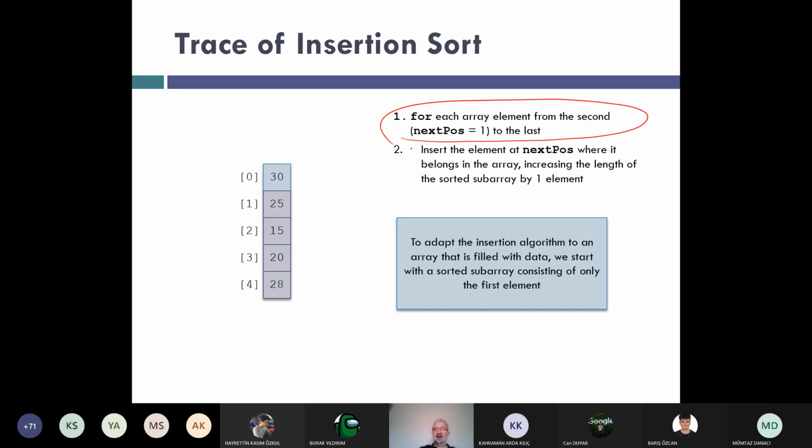Okay, we insert the element where it belongs in the array. Okay, and we continue like this. So first we insert 25, then 15, then 20, and then 28, and we will end up with